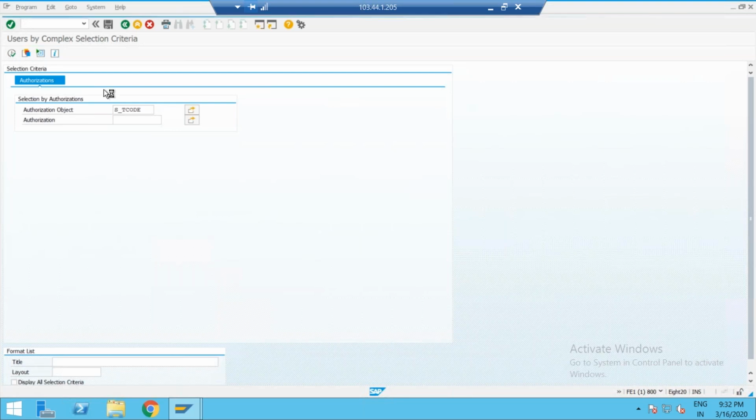Click on execution. So many users are having this report.